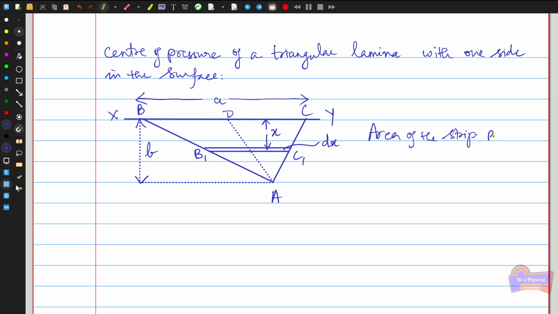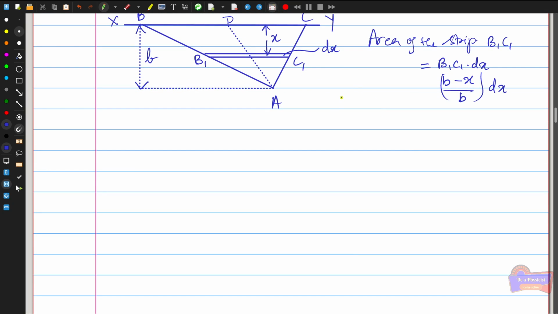The area of the strip B1C1 is equal to B1C1 into dx. Here we can see that B1C1 is situated at the distance b minus x, so I can write this as b minus x divided by b, whole into dx, because the length of the strip will vary with respect to b. So the area of the strip is b minus x divided by b into the thickness dx. Since this is the area of the strip, I can easily find the thrust acting on the strip,